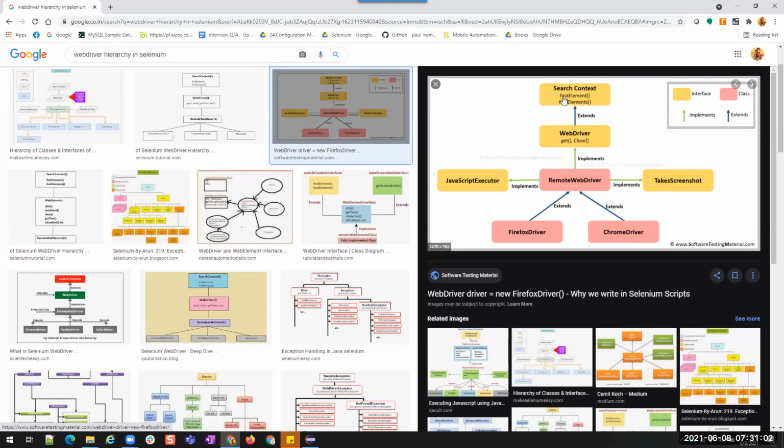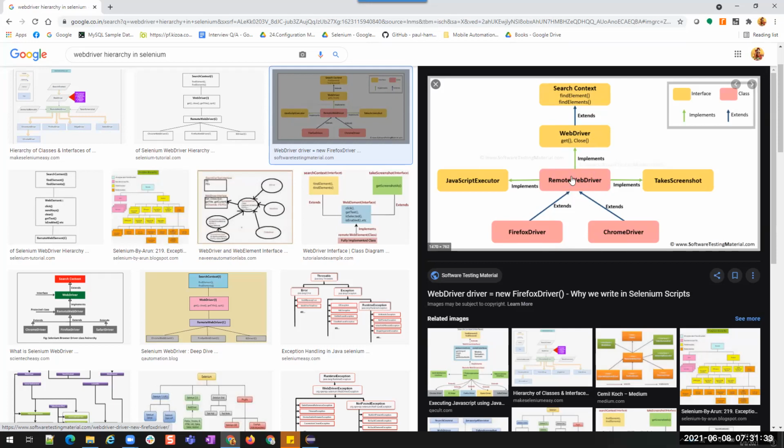So the hierarchy is SearchContext and then WebDriver. WebDriver is implemented by RemoteWebDriver. RemoteWebDriver is a class, but it is again a parent class. It is extended by all your browser classes, like Chrome, Firefox, Edge, Safari. Currently, we don't use this RemoteWebDriver.